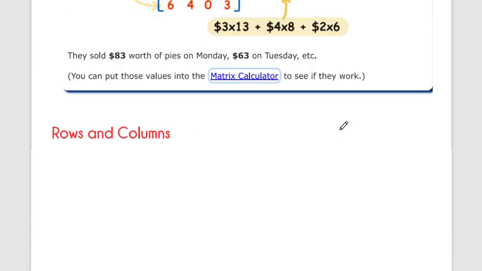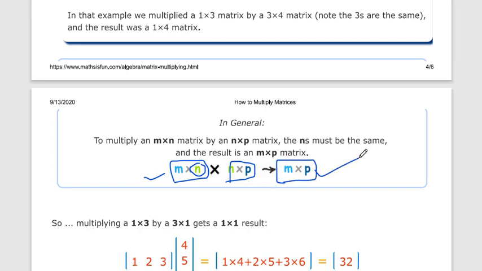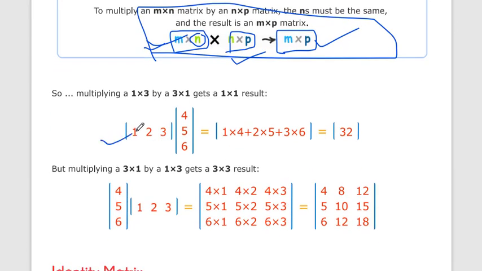Okay, there is also a condition in multiplication, which is this: if the first matrix is m into n and the second is n into p, here the first matrix's column and the second matrix's row have to be the same, then multiplication is possible, and the multiplication matrix is an m by p matrix. Okay, so you have to remember this: first matrix column and second matrix row will have to be the same, and the answer is always m into p. So this is possible.